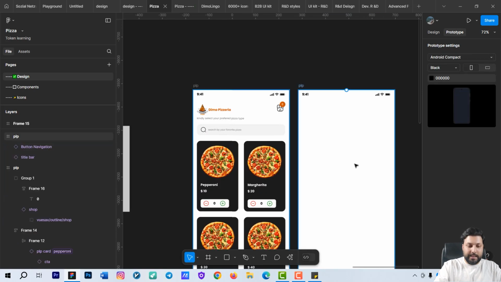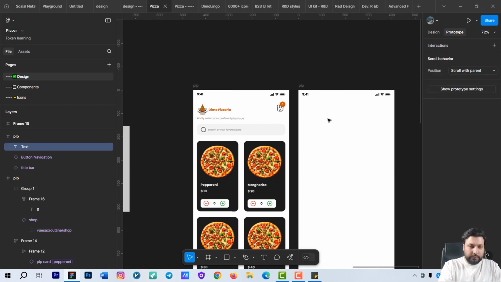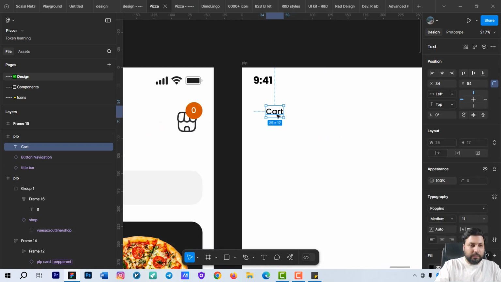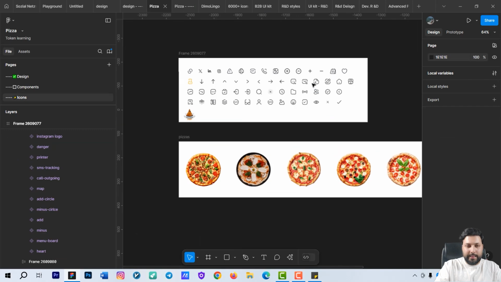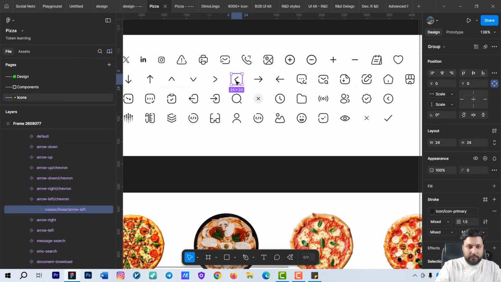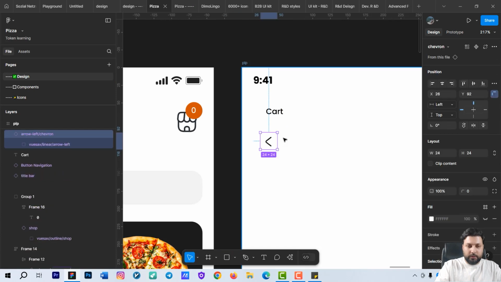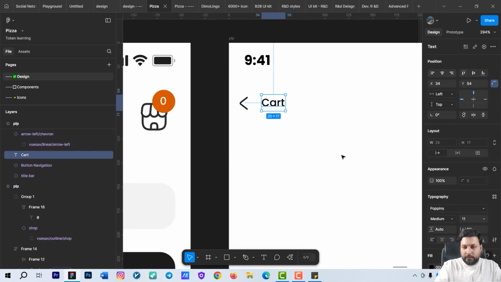So here, instead, here we have back icon. Here we write, for example, card, and then, oops, come back to design mode. Go to icons, select this one, this chevron, yeah, back one, come back to design, Control V, paste it here,